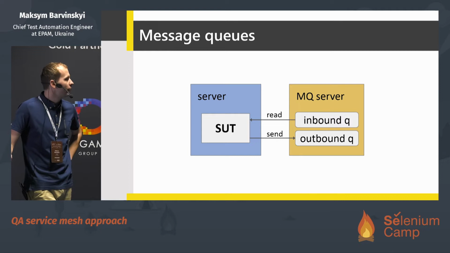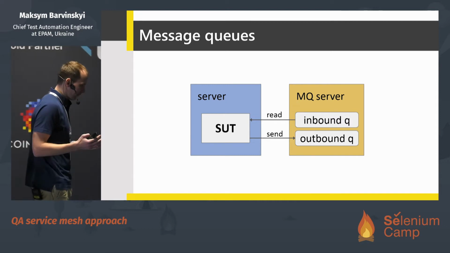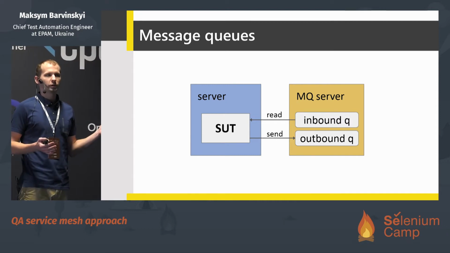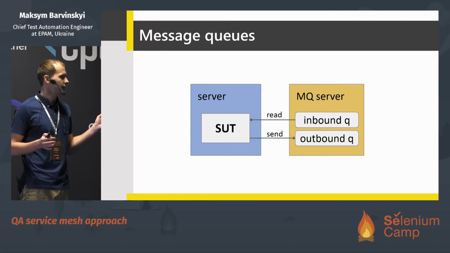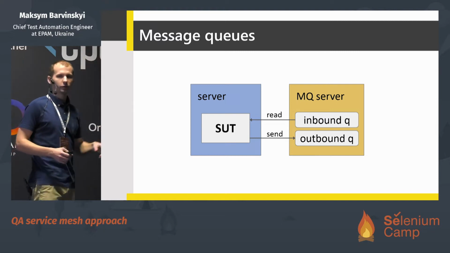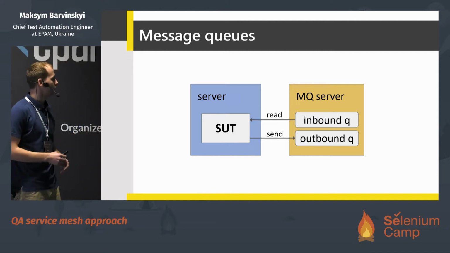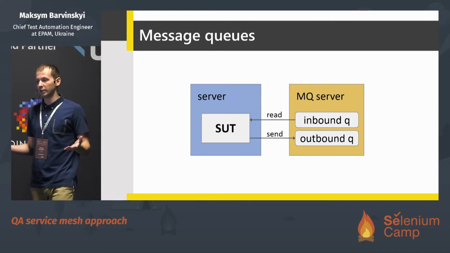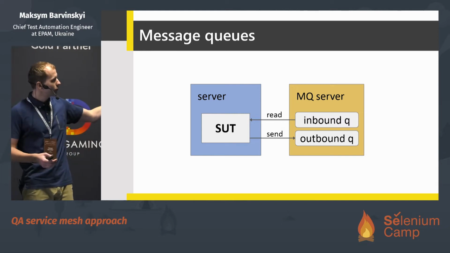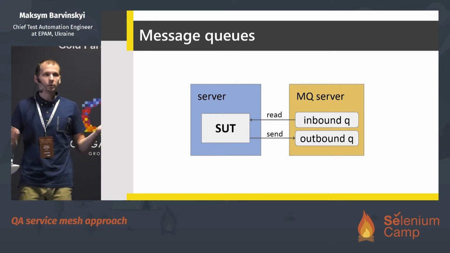And our business analyst would like to make us happier, and they say, okay, the next thing, we need to integrate with message queues. I believe everyone knows approximately what it is. Raise a hand. Who knows what message queues are? Yeah, those are basically just a simple thing. They store messages, first in, first out, nothing special. So our application would need to send some messages to an inbound queue, an outbound queue, and read them from another inbound queue. How do we test that?